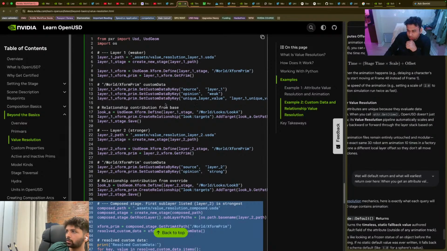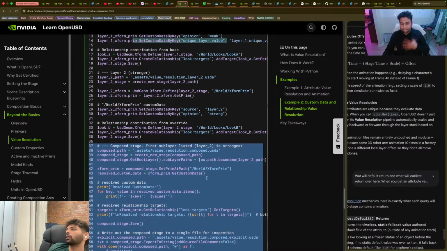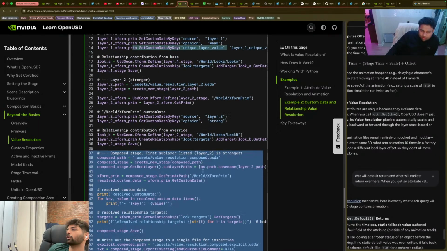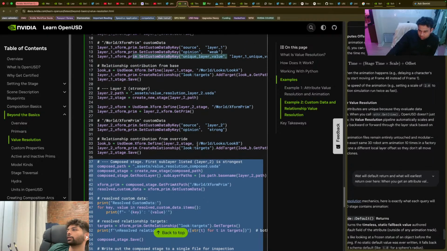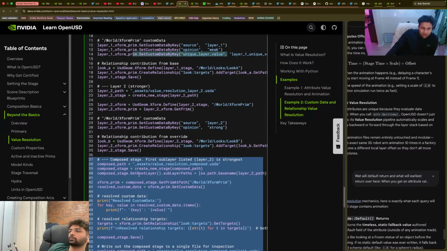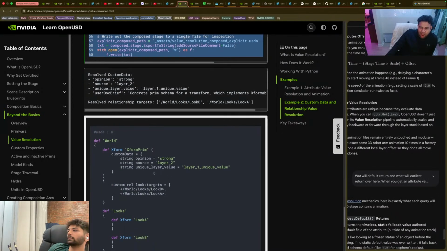Because we have set a unique value over custom data by key, unique layer value. If we had set the unique layer value over here as well, then it would have picked up the second one. Yes, ah, I see. So this is basically merging the